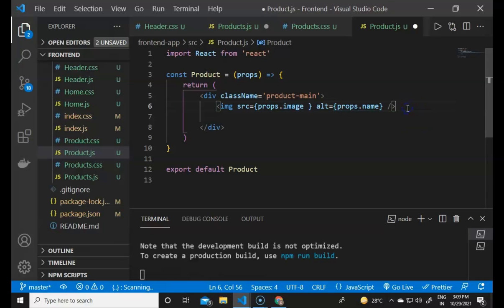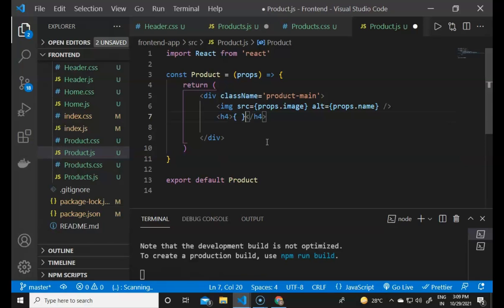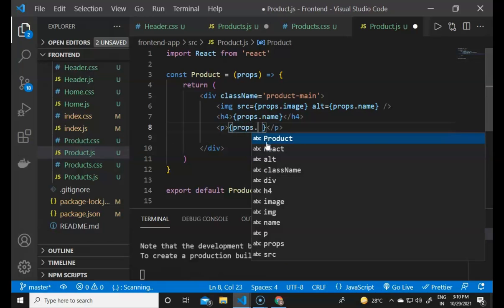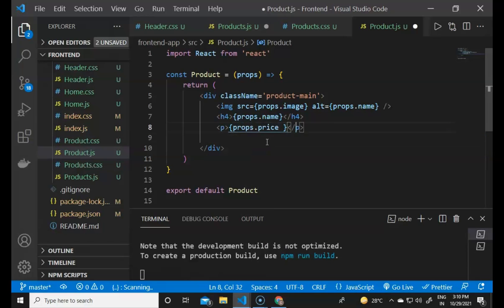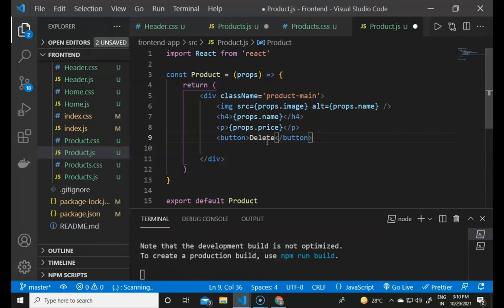After the image it will contain an h4 element with props.name, and the description we can just hide. Then it will contain a p tag with the price, props.price, and then the buttons to delete and to edit the product.